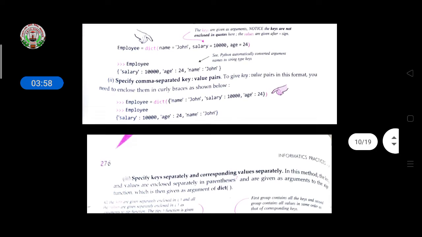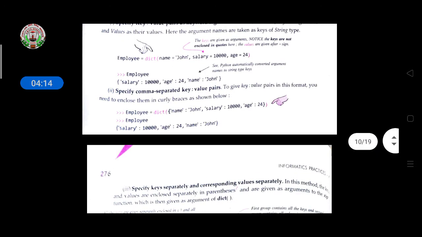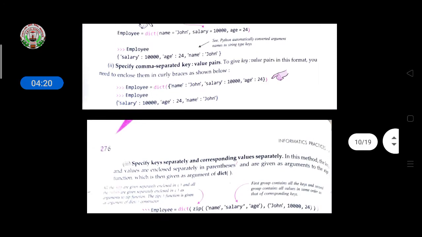Then we are printing here employee, salary, age, and colon is given here. So see, Python automatically converted argument names into string type. First we are adding these arguments as keywords, and afterwards it already knows that it is a string type and converts it into single quotes.